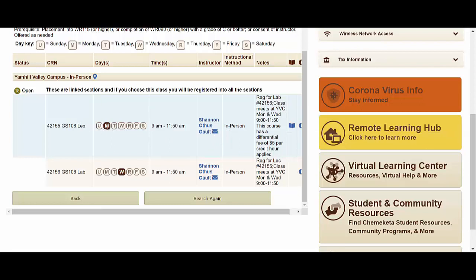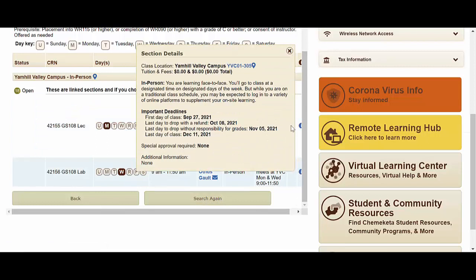The lecture meets on Monday, the lab meets on Wednesday, and you'll see here in the note section that you have to register for both CRNs, and you'll be meeting at the Yamhill Valley campus Monday and Wednesday from 9 to 11:50. In the additional notes, you'll see that class also meets at the Yamhill Valley campus, Building 1, room 305.